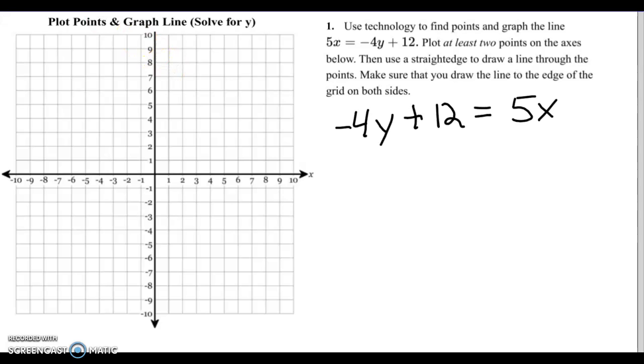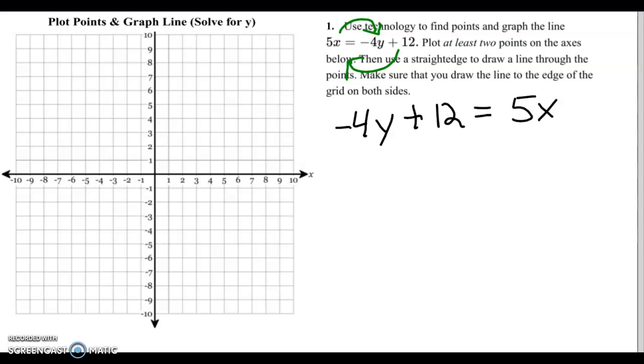Alright, so here I rewrote this, moving the negative 4y on the left side with the positive 12 and the 5x on the right side. I just swapped them around. That's all I did. Okay, now that that's done and the y is on the left, we're going to solve